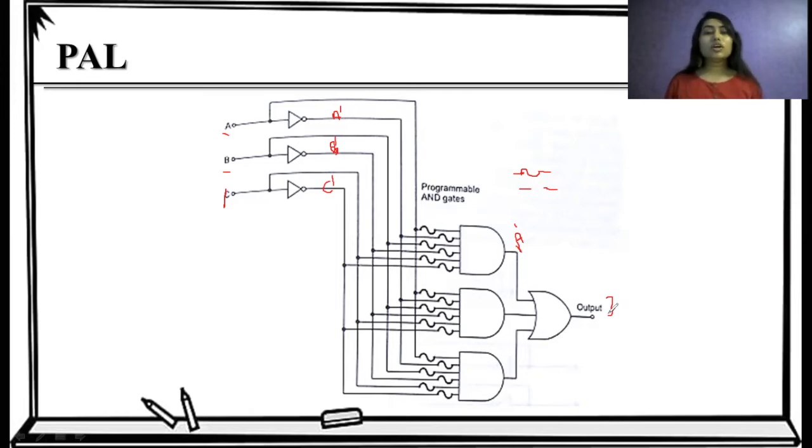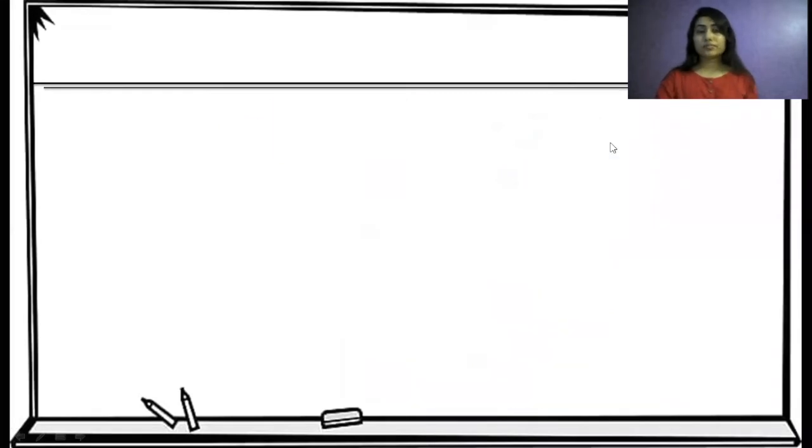Depending on our requirement, we can connect any of the inputs into the AND gates and make product terms, but we have a fixed OR gate. This is how we program this programmable array logic.